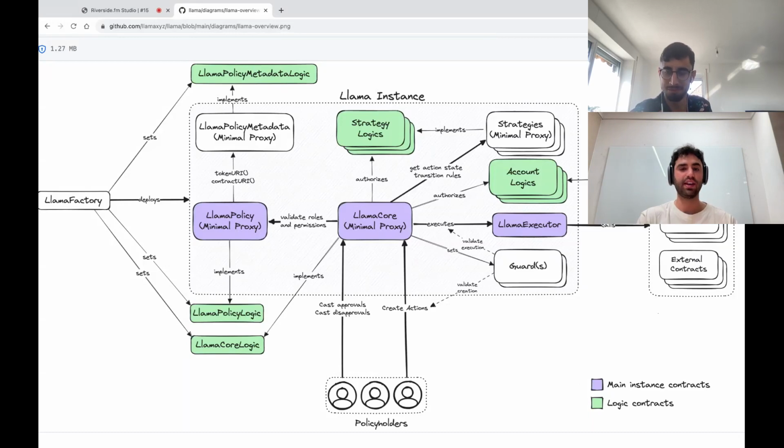We've seen many instances of billions of dollars in treasuries, hundreds of thousands of token holders, protocols that have hundreds of millions or billions of dollars in TVL, and this group of decentralized stakeholders coordinating together to make decisions and updating things on the fly and allocating funds and all that sort of stuff.